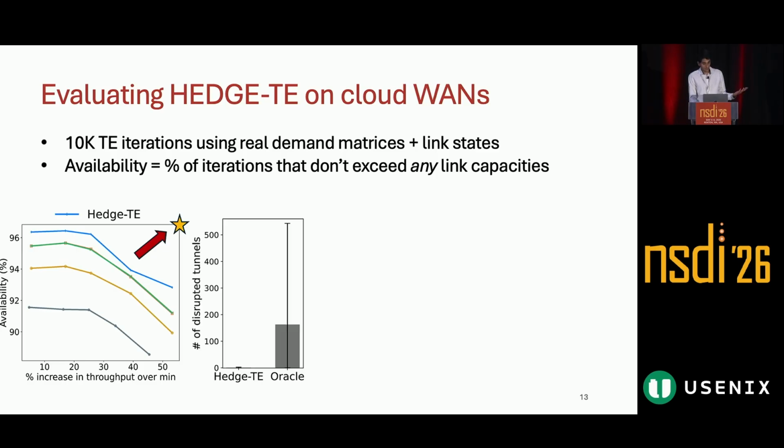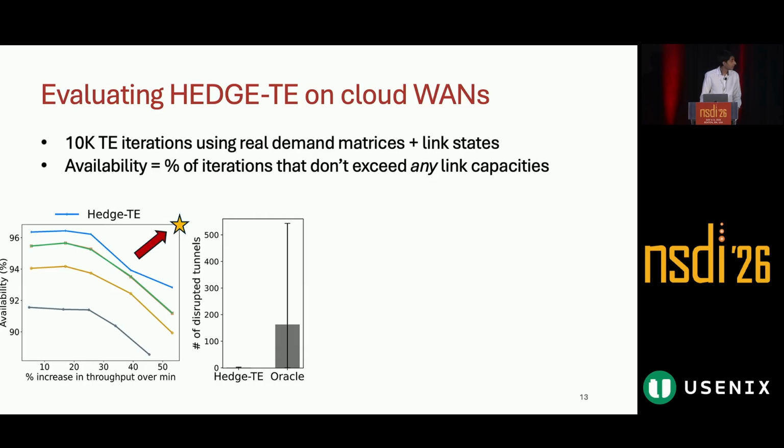Another way in which we could think about this is we could have an oracle WAN, right? So now, anytime the capacity of a link changes, I immediately recompute the flow allocations, send these updated flow allocations to routers, and trigger protocol reconvergence. So this oracle WAN would be perfectly optimal because it's adapting to the instantaneous state of the network, but it also incurs a high overhead because it has to adapt anytime the link's capacity changes, not just every